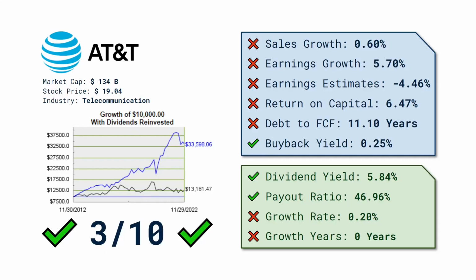Next up, at 3rd place we have AT&T. And this has been a favorite among dividend investors. Some disappointment or relief when they spun off their streaming services. And yeah, I think the graph speaks for itself. They haven't done that great, at least the last 10 years, compared to the S&P 500, which is the blue line. The dividend score, not that great either,